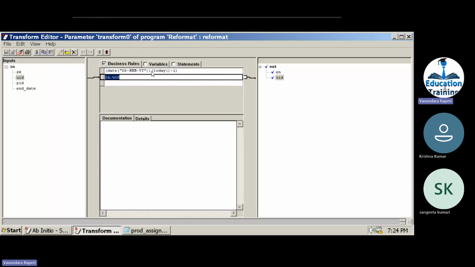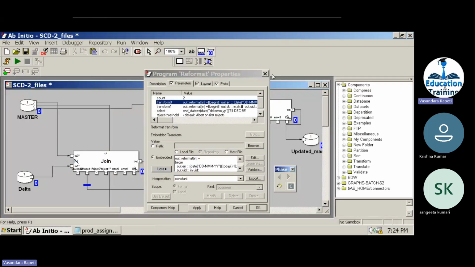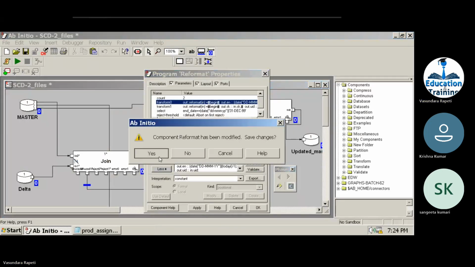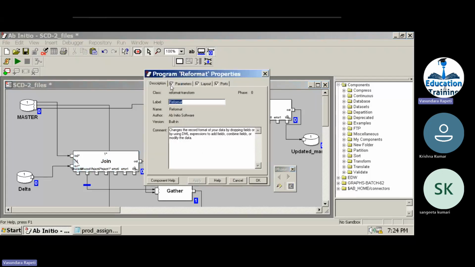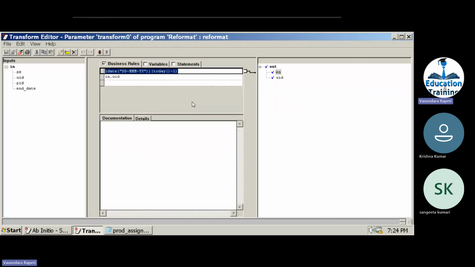User ID is this. We need to update according to delta. So, 1 minute. Today minus one is the end date, which we are going to update there, and user ID is okay. Then, just user ID and the updated data also we need actually. Where it is, how it is going. Product is updated, so we should have sent the updated product as